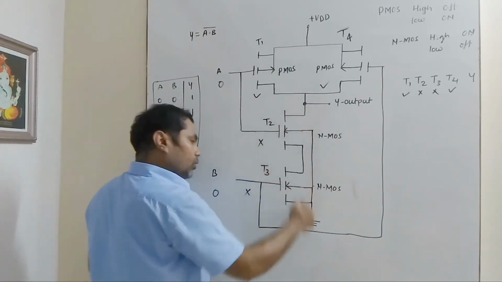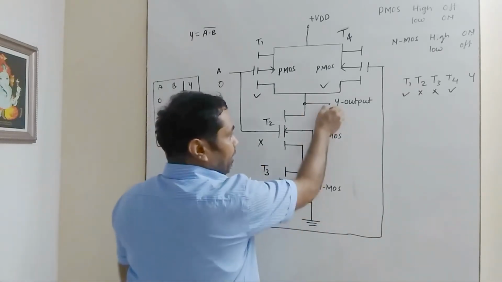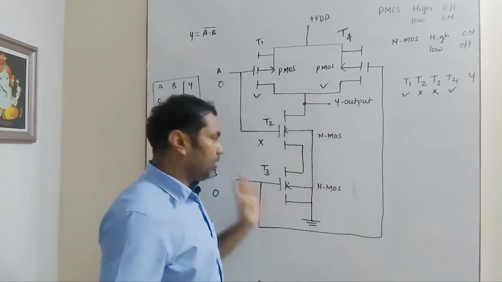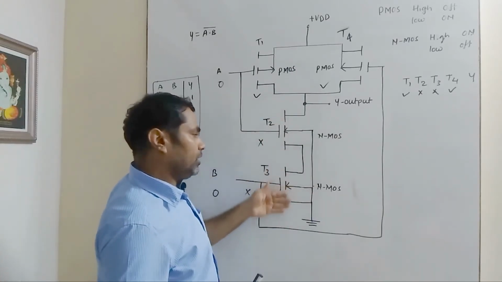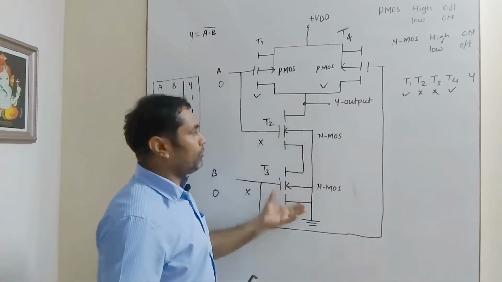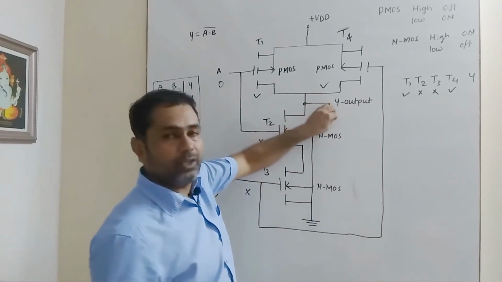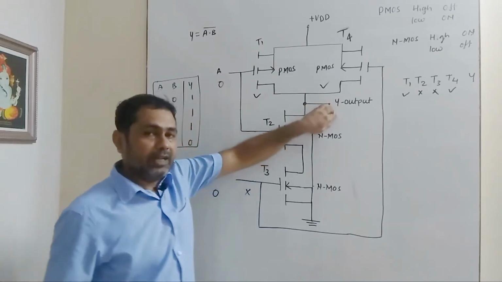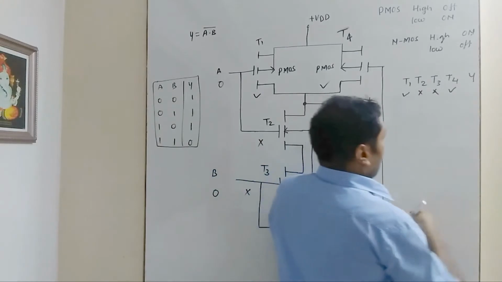In this connection, you can see that this is a series connection in which both the switches are off. So current cannot sink towards the ground. So all the current will be deposited here, and if an LED is present here, that current will flow towards the LED, not through the ground, because this path is off. So both the NMOSs in series connection are off. So current will drop here, and that will turn the LED on. So the LED will glow, and if the LED glows, we can say that the output is high. So in this condition, we are getting high at the output.